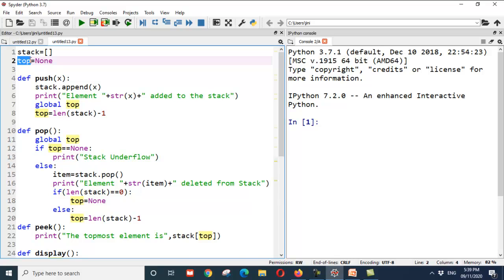Okay, I am implementing this program using functions. So I will have a push function to add an element, pop function to delete an element, peek function, I told you peek is to tell you what the topmost element is, and the display function to see the elements of the stack. So I've created an empty stack initially, and top is equal to None means no value,